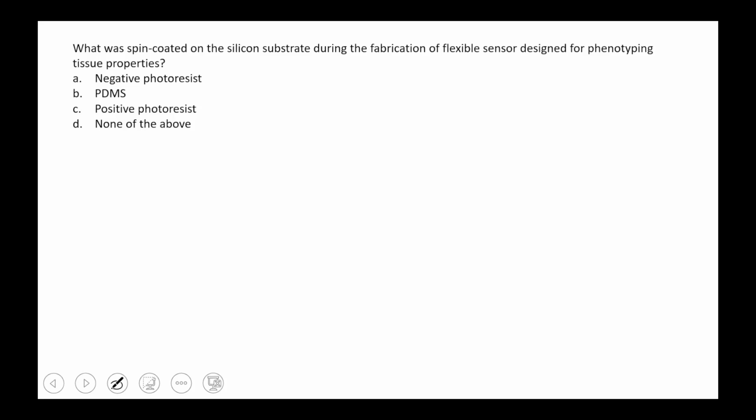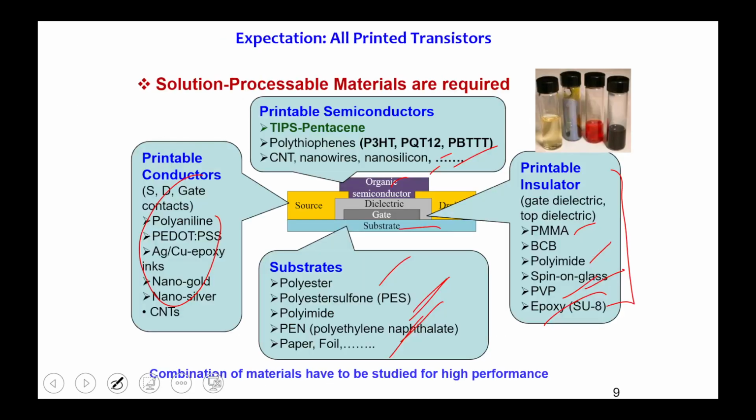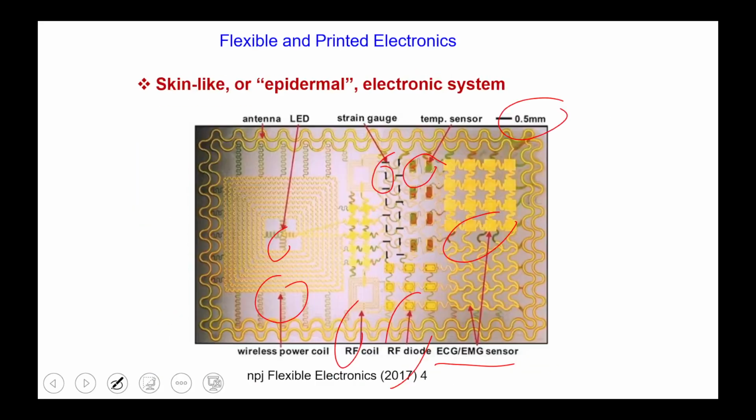The first question is, what is spin coated on the silicon substrate during the fabrication of a flexible sensor designed for phenotyping tissue properties? Phenotyping tissue is a biological part, so you have to design a biological sensor on a flexible substrate. What is the type of substrate, which I already explained in one PPT? PDMS, polymers, polyester, polyether sulfone, polyimide, PEN, paper, foil. These are the flexible substrates we can use. So from those examples,